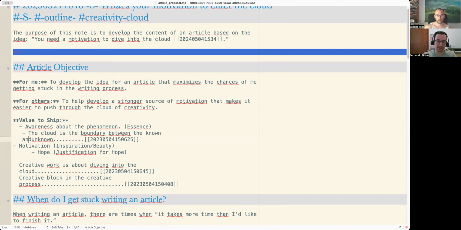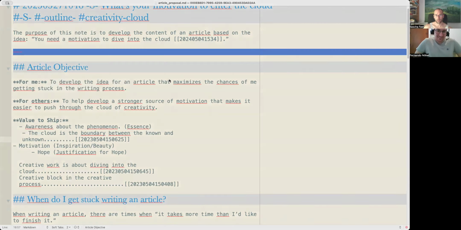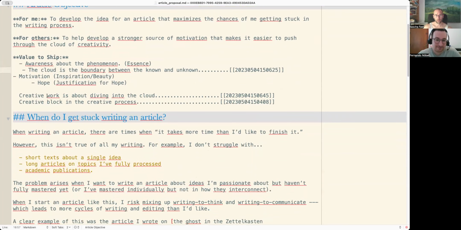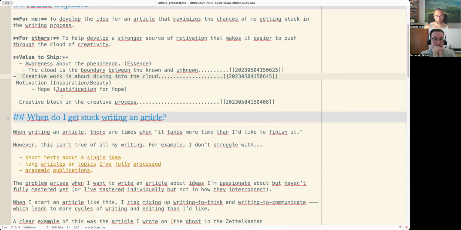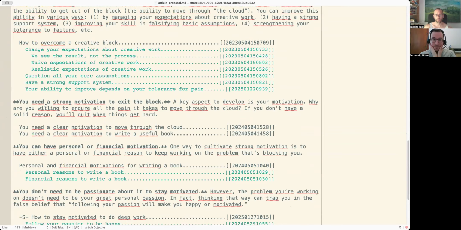Maybe if you increase the size of the wrapping of the lines, it would be prettier. You are right. Yes. So, Crash works about diving into the cloud. So, you could fill in,